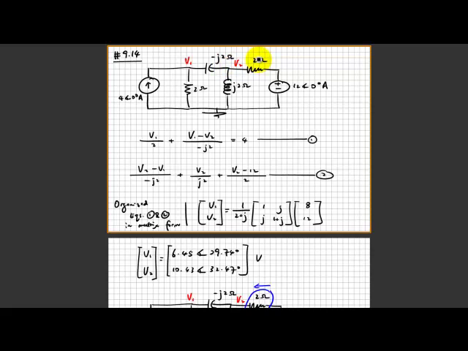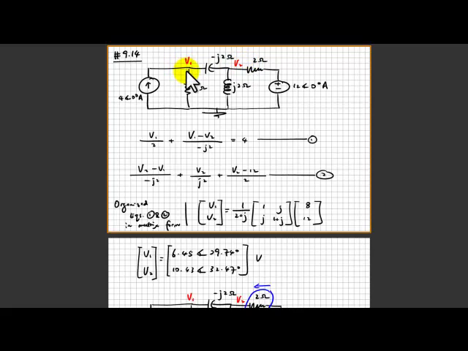To begin solving this problem, there are many ways. As I mentioned, there is more than one way to solve this problem, but I am resistant to going through the Norton-Thevenin equivalent conversion, because I want to retain most of the information shown here. So I think KVL will be a good candidate to begin solving this problem. As you can see from this figure, I put V1 and V2,